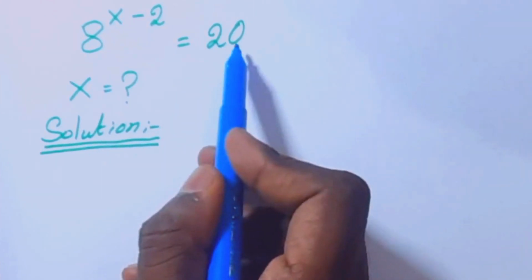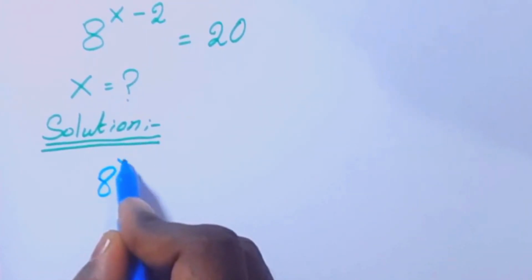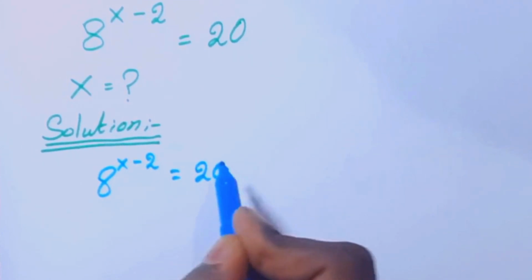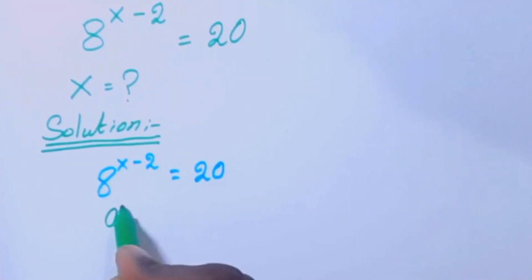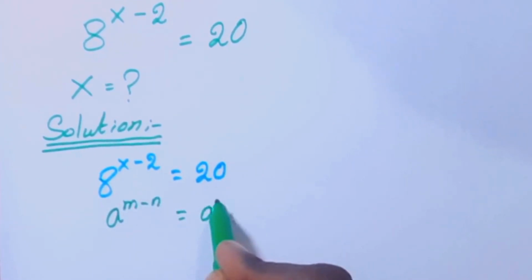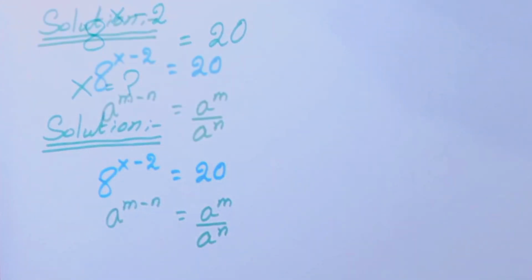Today we are going to solve this equation to find the x value solution: 8 power x minus 2 equal to 20. a power m minus n equal to a power m by a power n. We are going to apply this here. So we'll get